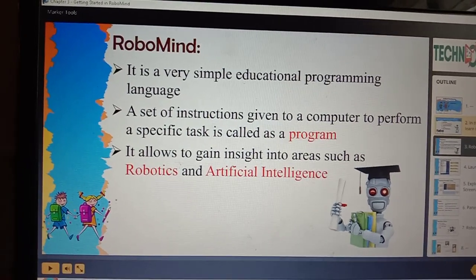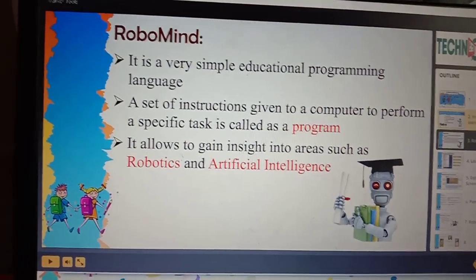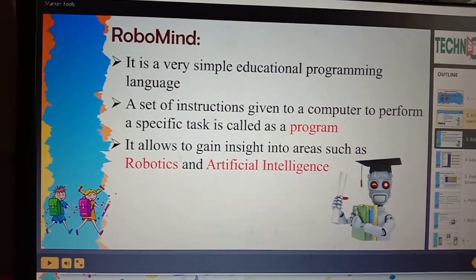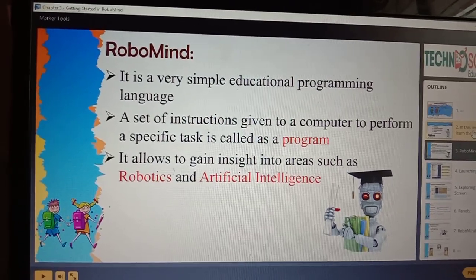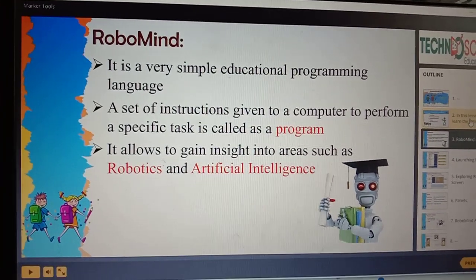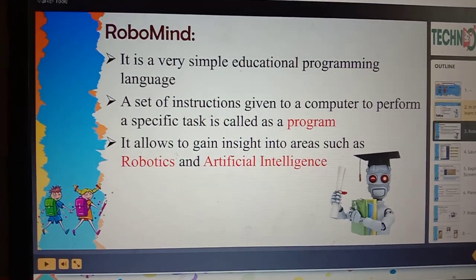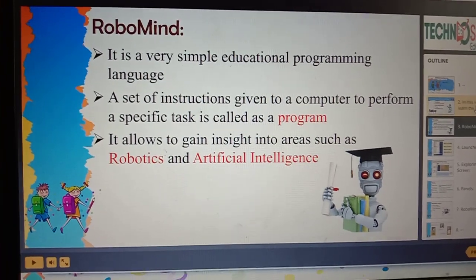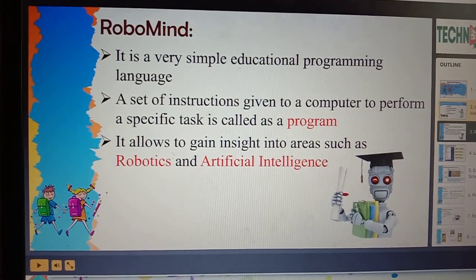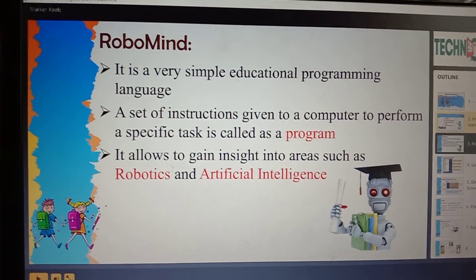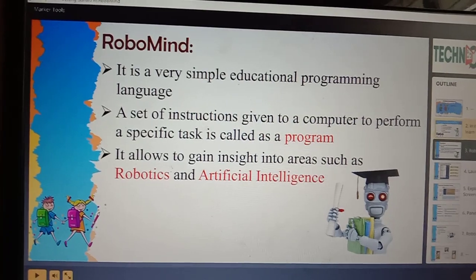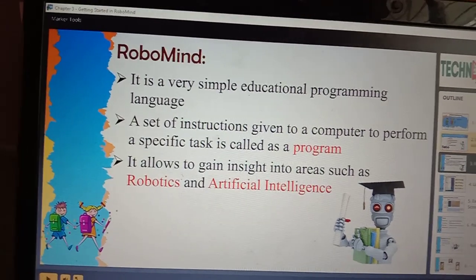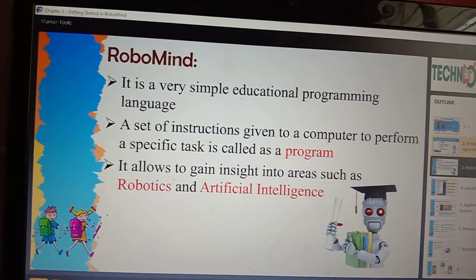So, it is a programming language. It is a very simple educational programming language. In a program, what are we going to give? There will be a set of instructions that need to be performed, right? So, if I am telling you to add two numbers, and to write it in the form of steps, what will you do? Step 1, take 2 digits. Step 2,